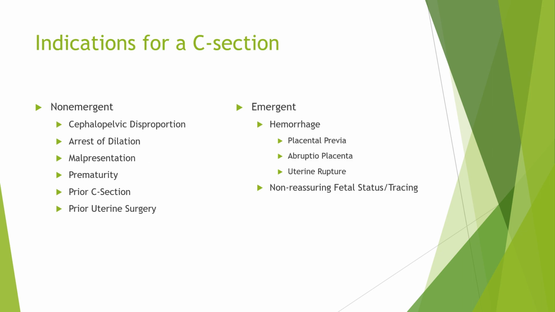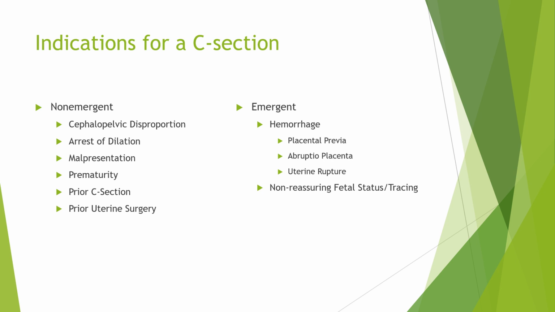Indications for a C-section. There are indications for a C-section that involve non-emergent and emergent indications. Cephalopelvic disproportion is a non-emergent indication for a C-section, and this is when the baby's head is too large to fit through the mother's pelvis. Arrest of dilation means failure of labor to progress. Malpresentation, which means breech, prematurity, prior C-section, and prior uterine surgery may be affected by scar tissues and an increased